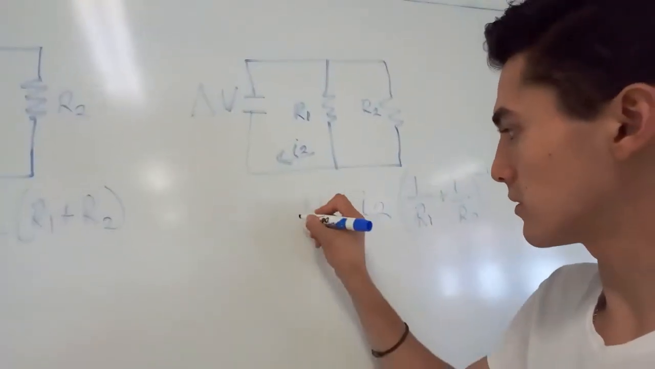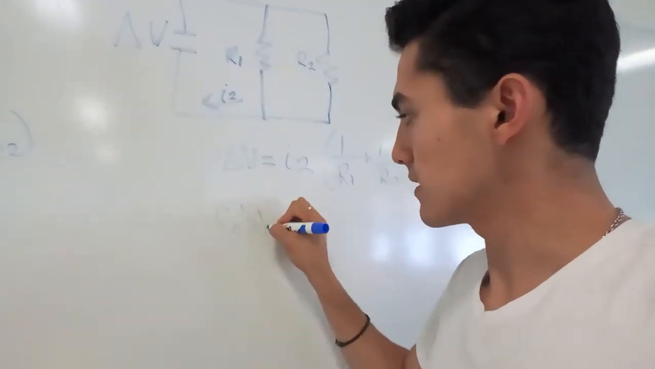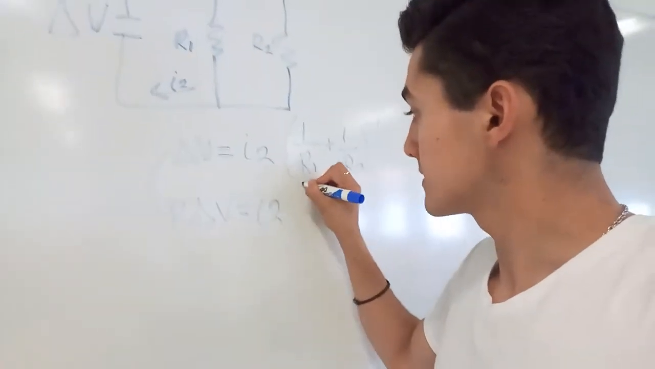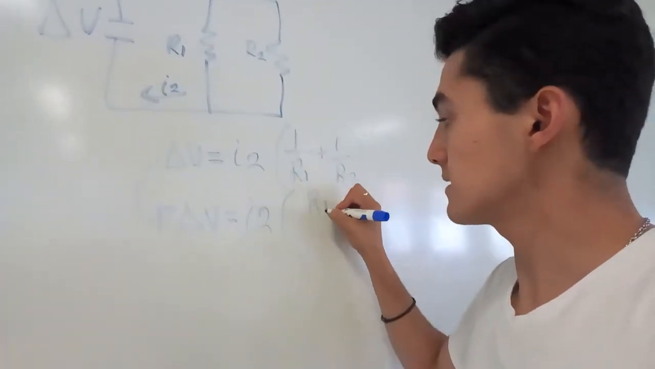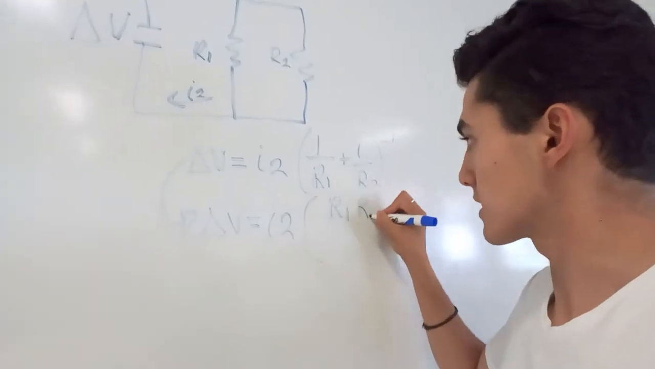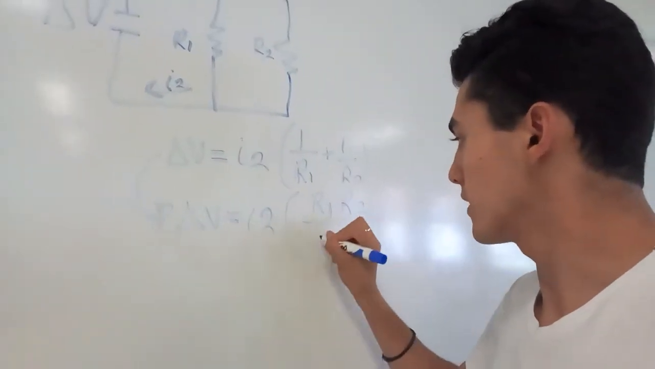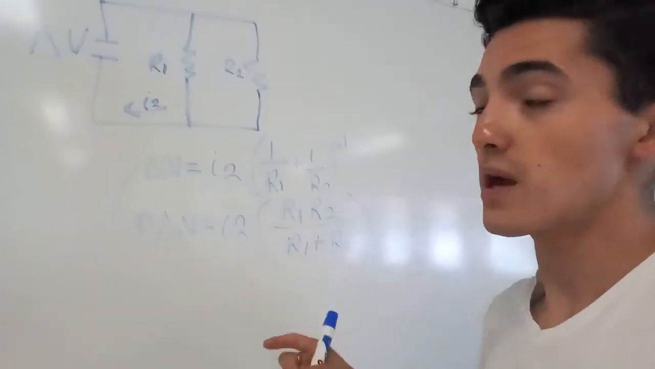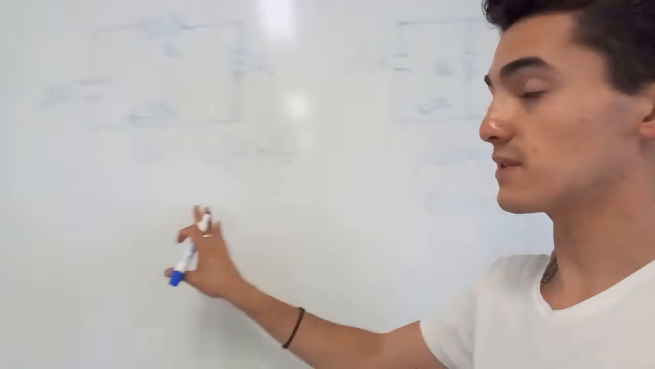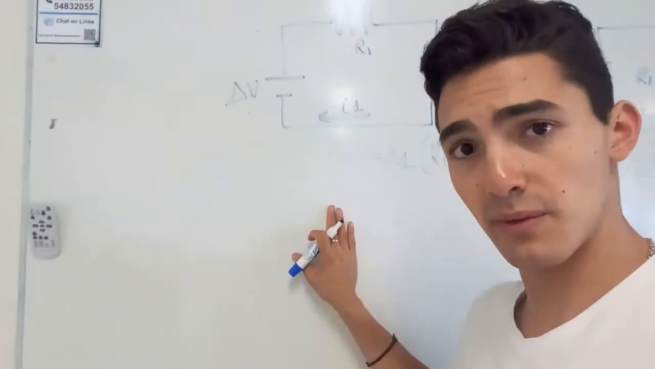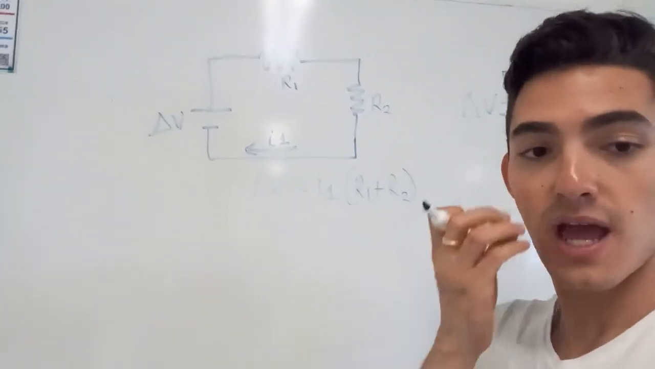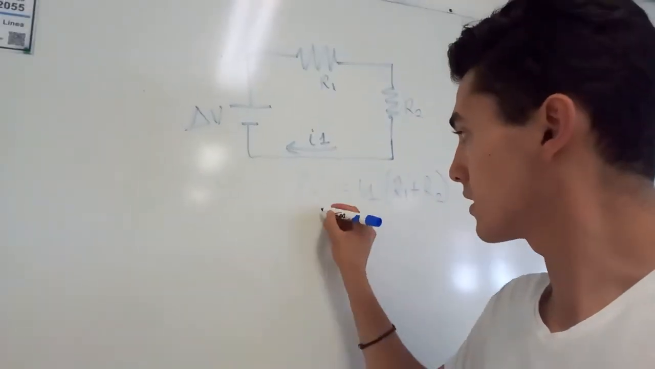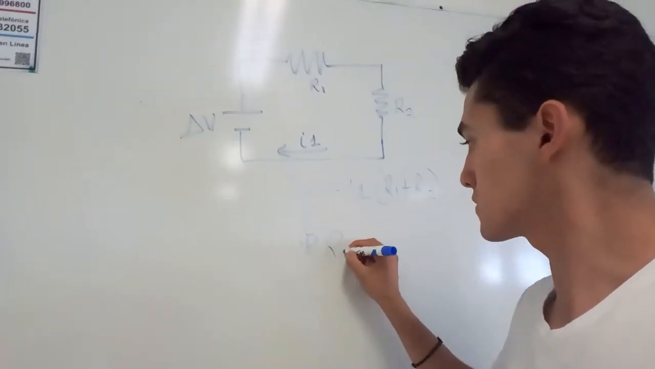But this is equal to saying that the difference in the voltage is equal to the current 2 times the resistance 1 times the resistance 2 over the resistance 1 plus the resistance 2. Okay, this is the same. So as we determine here the difference of the voltage, and here the difference of the voltage, we can then determine